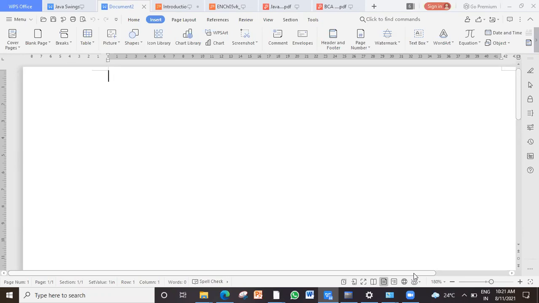But if I create 100 buttons, then what will happen? In one applet, in one screen, at least it will not fit. So it will increase the screen, but still I cannot see. So it will provide me a scroll pane. Clear? So how to create and how to add that scroll pane is there in your syllabus. Clear with that? So let us study what is scroll pane.